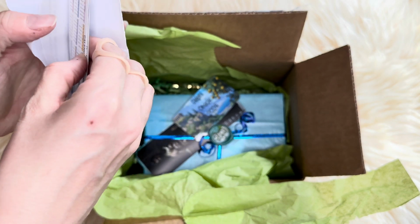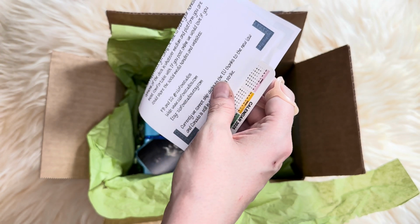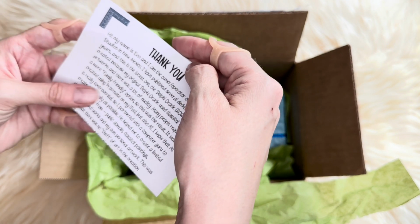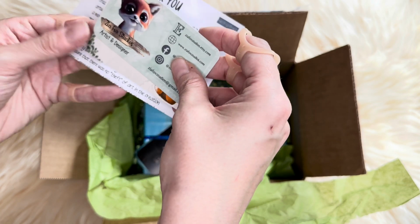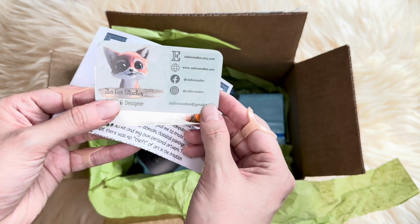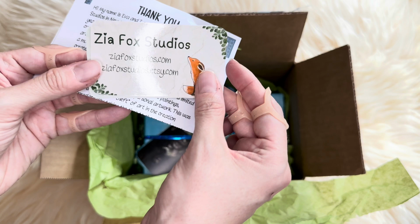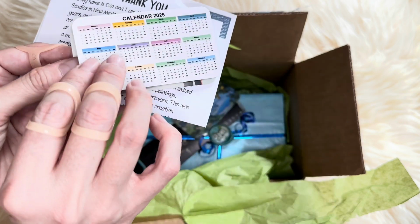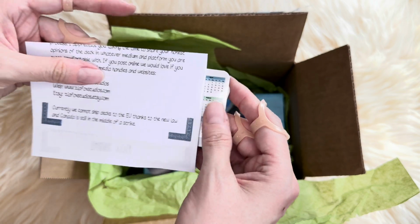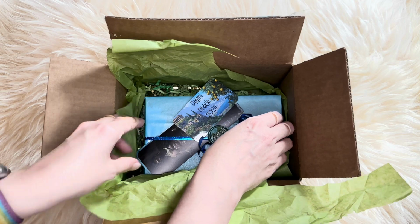Oh, look at this. How nice. So we're going to put that aside there. It's just a little thank you. And then it's the artist's information. So you can see that. And then another one, and it's got a 2025 calendar on there, so that's super nice. Okay, so we're going to put that aside, and then we're going to get into